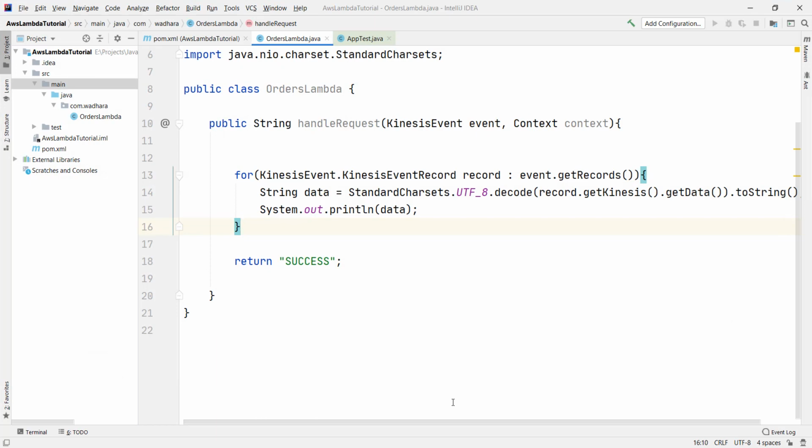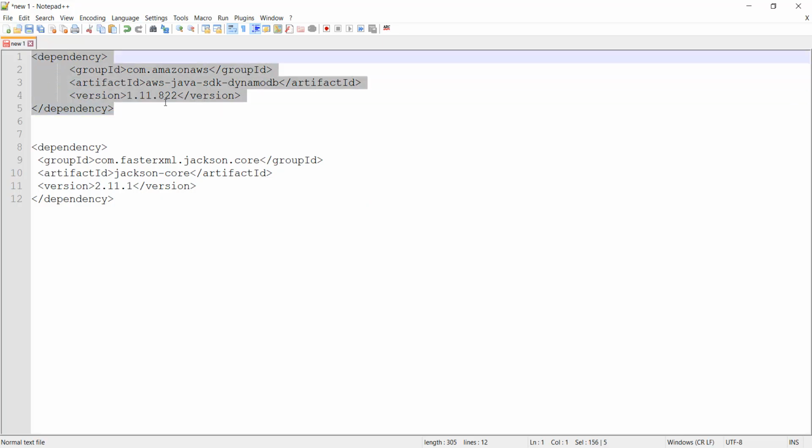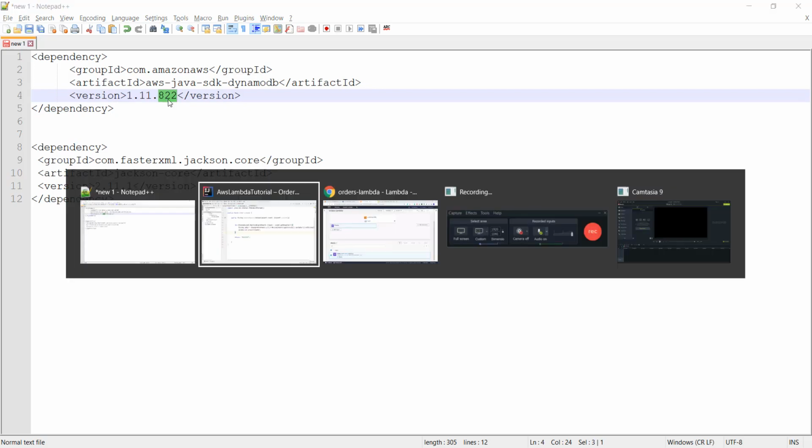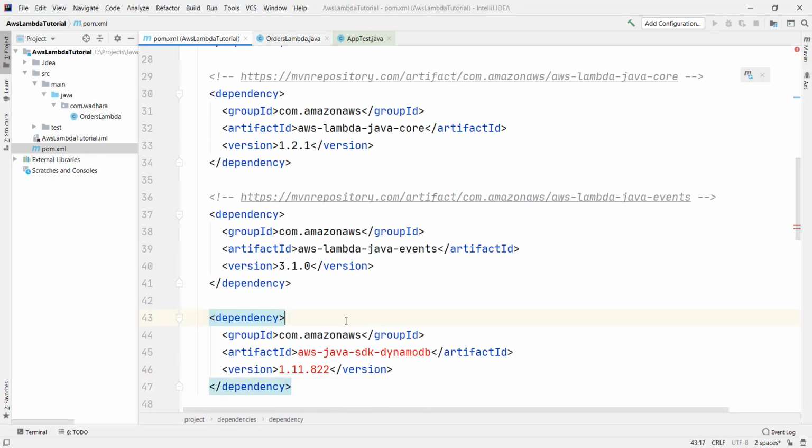I'll edit my existing code which we had written in the Lambda integration video. We have to store data in DynamoDB. So first of all, we have to add the dependency for DynamoDB. I've already copied the dependency in my notepad to save time. You can check this is the latest version as of now, 822. I'll open my POM and just paste it here. Apart from that, we have to parse the JSON.